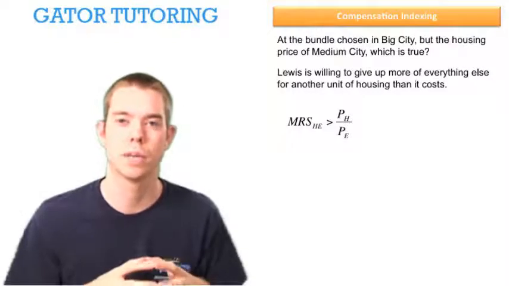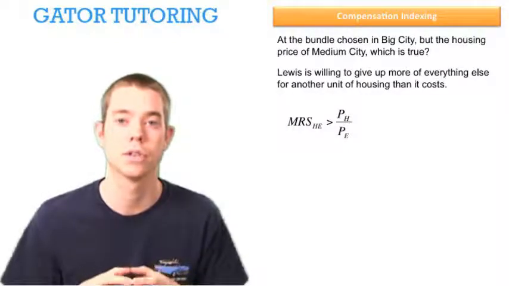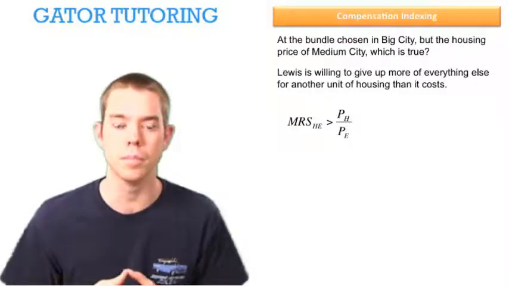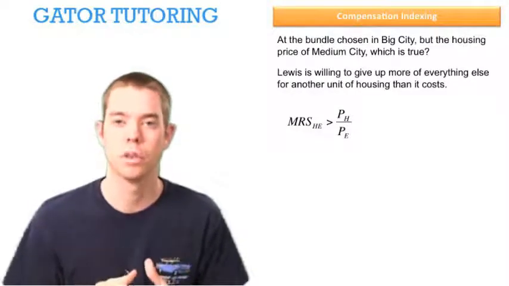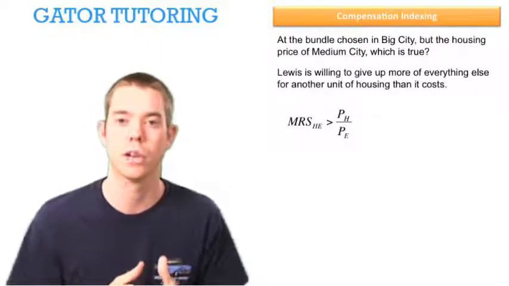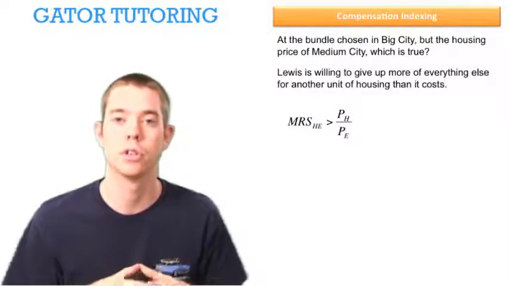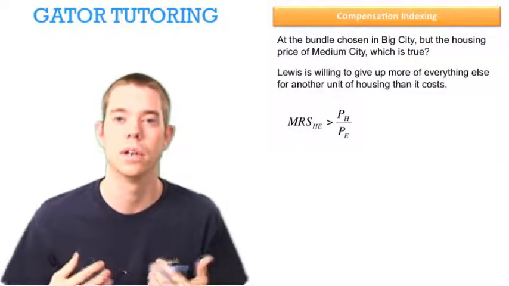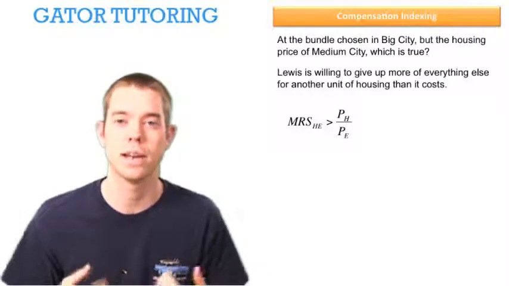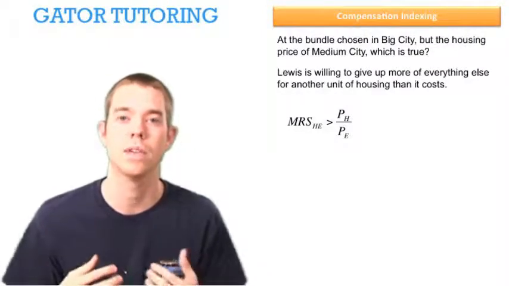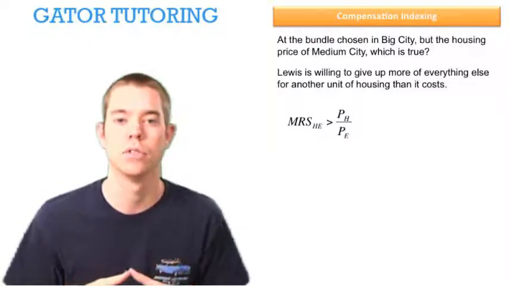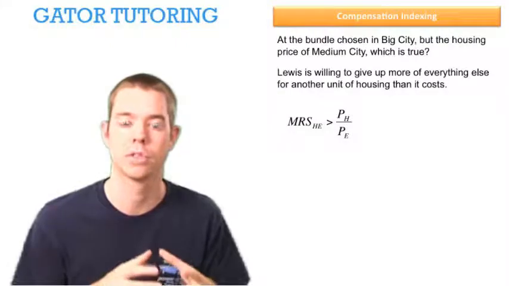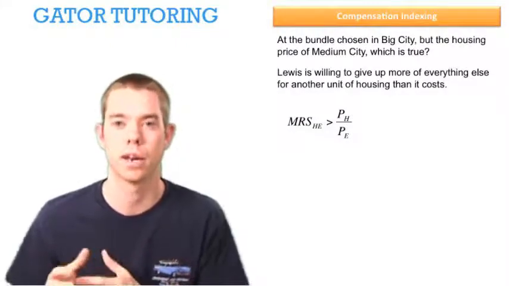It's saying that the marginal rate of substitution of housing for everything else is greater than the price ratio of housing to everything else. So when it's in this form, it's crucial that you understand that the order here matters. The marginal rate of substitution of H for E, so H comes first, that's how much we value it. And this statement is saying right now we need more housing because we value housing at a greater level than the market will let us switch it for everything else. So we value that exchange of housing for everything else more than the market will let us switch it for.